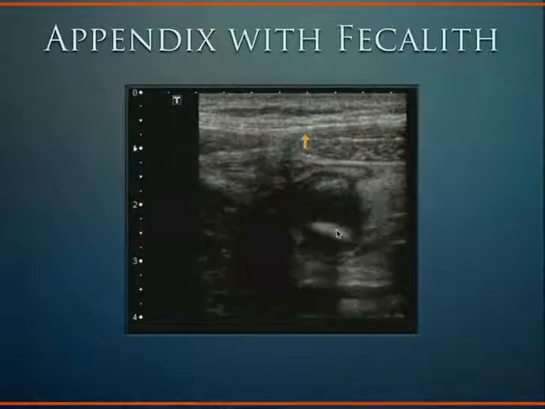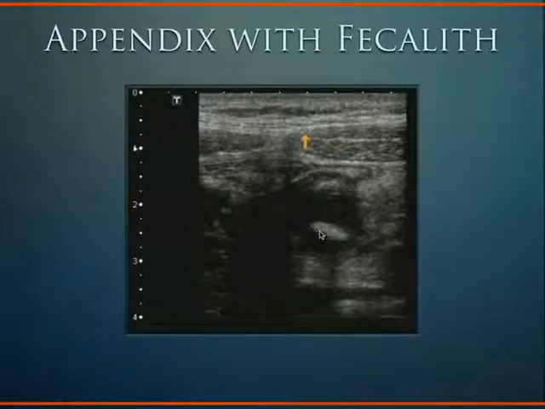A very calcified turd blocks the opening of the appendix, and then the appendix can no longer drain its contents and starts to get enlarged, and eventually the pressure within the lumen of the appendix exceeds the ability for blood supply to get to the appendix, and you have ischemic necrosis of the appendiceal wall,